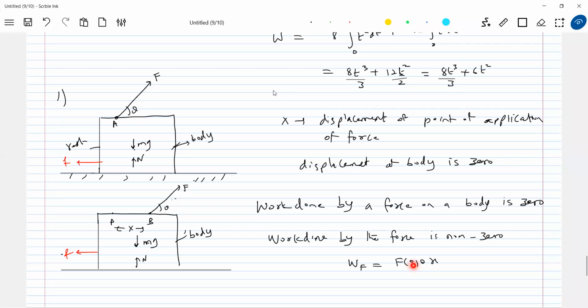It is converted into thermal energy. The best example: if you go to the kitchen platform or anything, try to rub your hand on that platform. Will the platform move? It will not move. But you lost your mechanical energy, no? So where has it gone? It is converted to thermal energy, to heat. So the work done by you on the platform is 0.